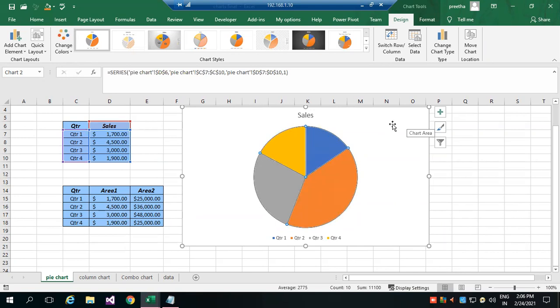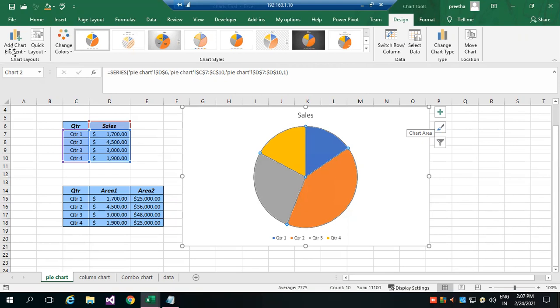Here, as soon as I select the chart, you will get two tabs. One is format, another one is design. Using design, I can do all the changes.